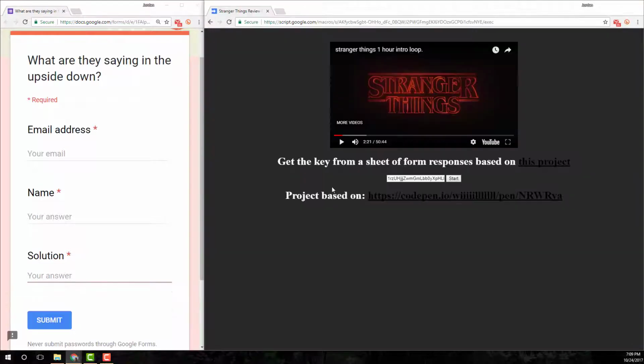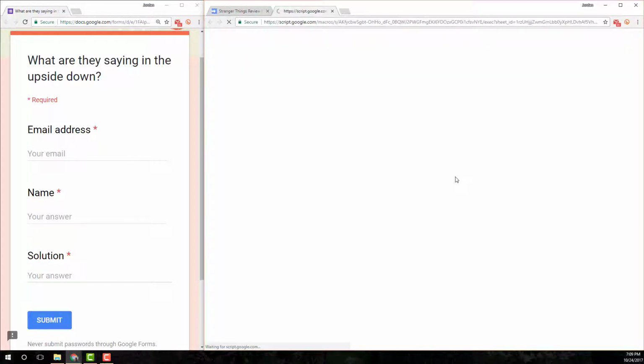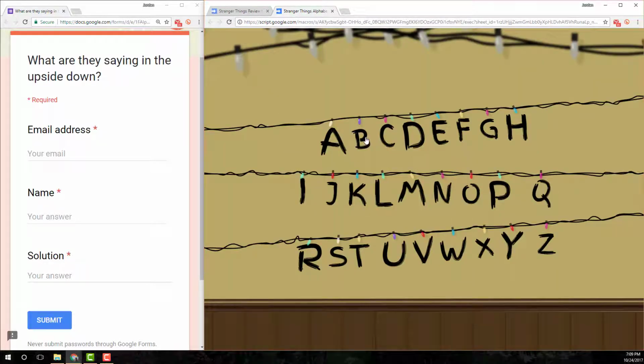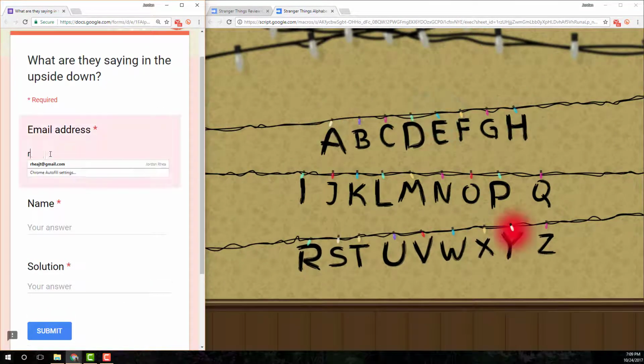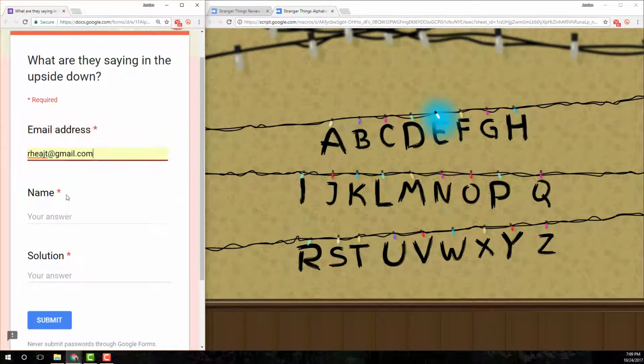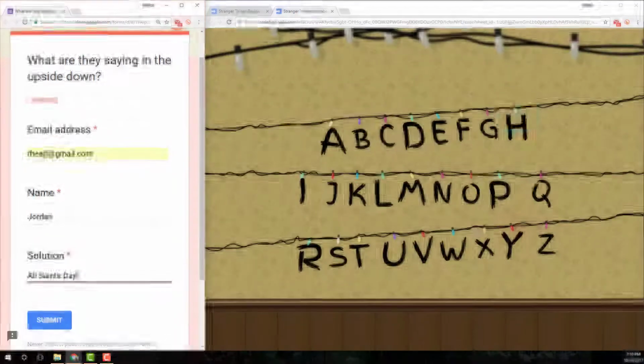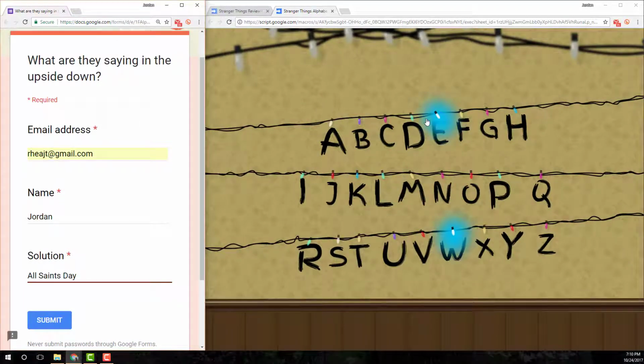And what's going to happen once you get everything started, and maybe we can see this working in action, is it's going to pull those review questions in. It's going to put them onto the alphabet wall. Then you'll put the solution to the hidden clue in. You click submit,